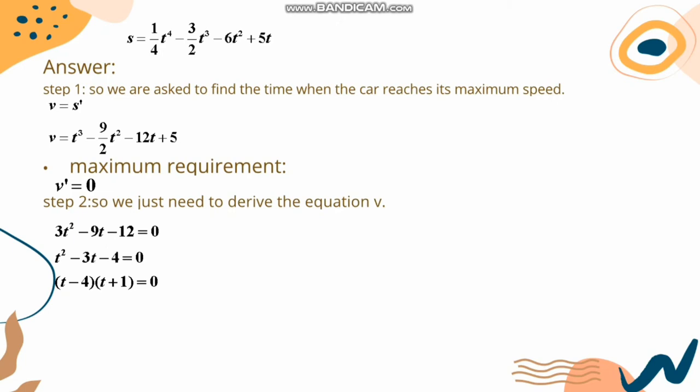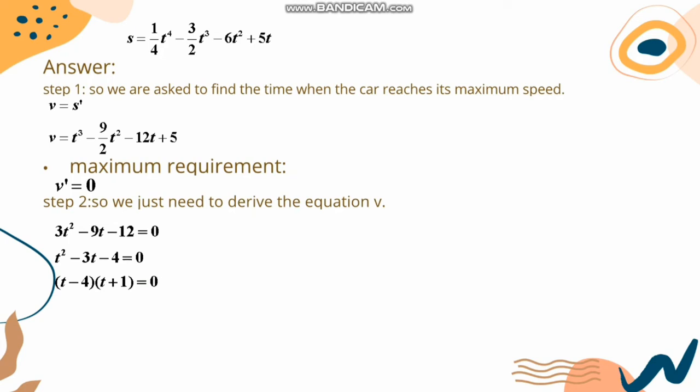The derivative of t to the power of 3 is 3t squared, minus the derivative of 9 per 2 t squared is 9t, minus the derivative of 12t is 12, plus the derivative of 5 is 0, and this equals